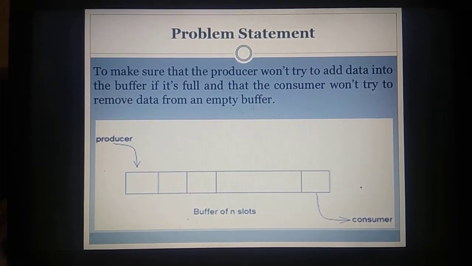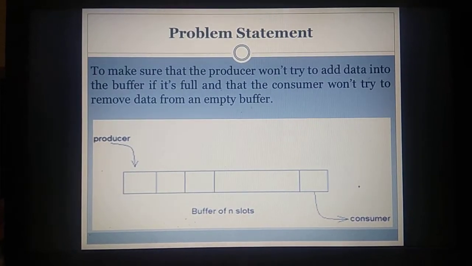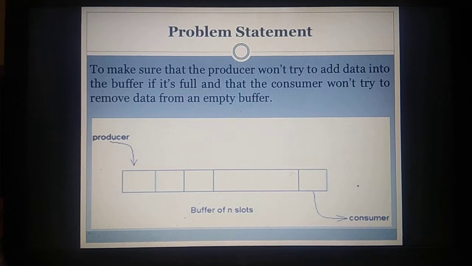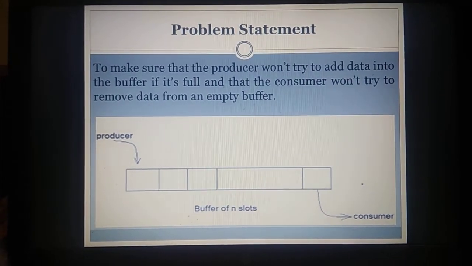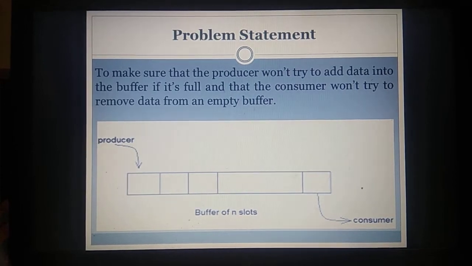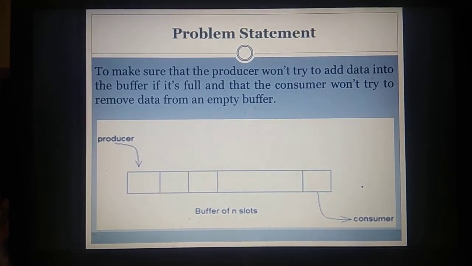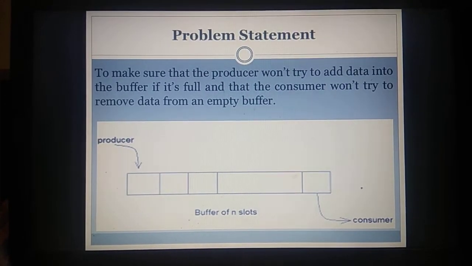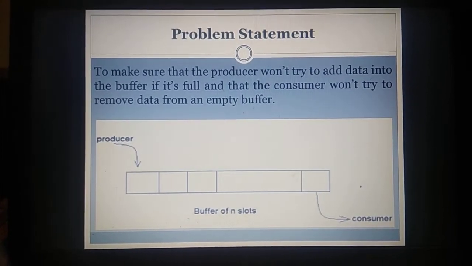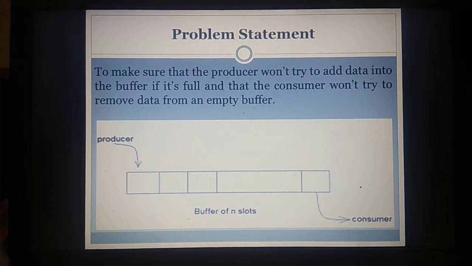These are the two categories. As I told, you can see the fixed-size buffer. You can keep the size as you like, it may be 10, 5, whatever it may be. In the coding part, you can fix the buffer size. The producer is inserting data at the top, and the consumer is consuming data at the bottom. So we have buffer slots, it's an n-slot buffer.